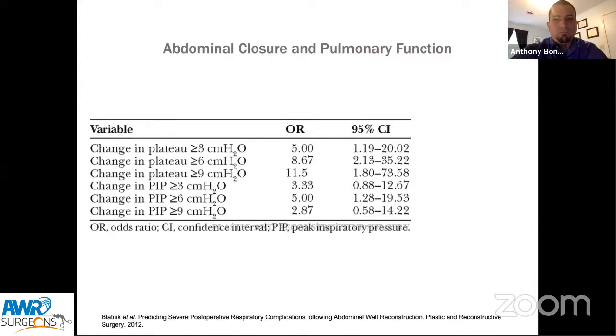And this study from 2012 shows a pretty dramatic increase in the odds ratio of severe postop respiratory complications following abdominal wall reconstruction, with an odds ratio of 5 with just an increase in plateau pressure of 3, and increasing to an odds ratio of 11.5 with a change in plateau pressure of greater than or equal to 9. So much so that this author mentioned that in his institution, the patients with a plateau pressure change of greater than or equal to 6 following abdominal wall reconstruction are kept intubated for 24 hours postoperatively, and an increase in plateau pressure by more than 9 caused them to be intubated and paralyzed for 1 to 2 days postoperatively. Now, it's important to bear in mind that this postoperative intubation is not without its cost, as prolonged postoperative intubation itself is associated with an increase in odds ratio of